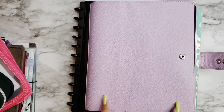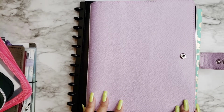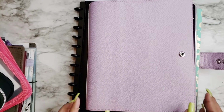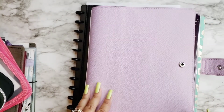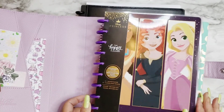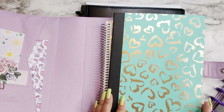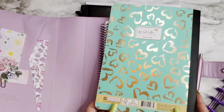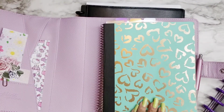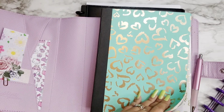This is an A5 wide spiral cover, created by Print Pressions. This was released some time ago, so I don't even know if this is still available, but I utilize this to hold my notebooks. I'll put this on the side for now. I have a regular composition notebook from the brand U Style. This is the Wildside Notebook, and in here are all my notes for true crime,